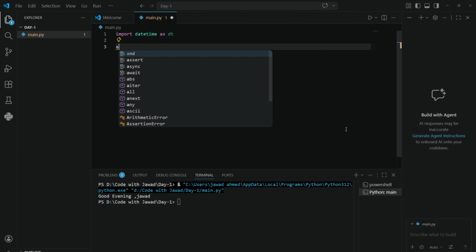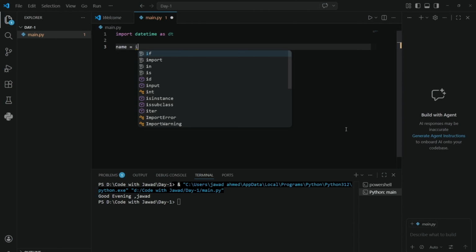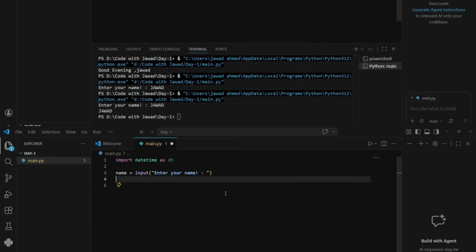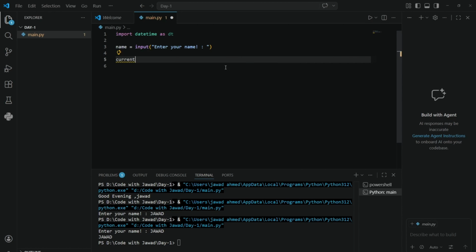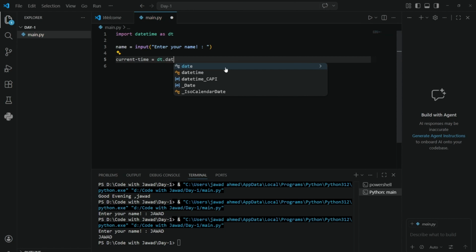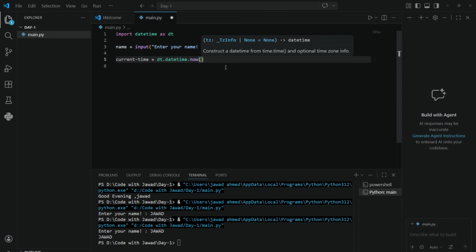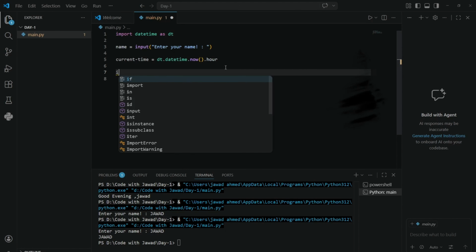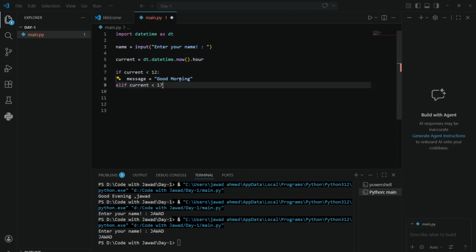First of all, we make our variable and take the current time. The variable name can be anything you like. Okay, current time, let's write dt.datetime.now. Then if the hour is less than 17, then it will tell